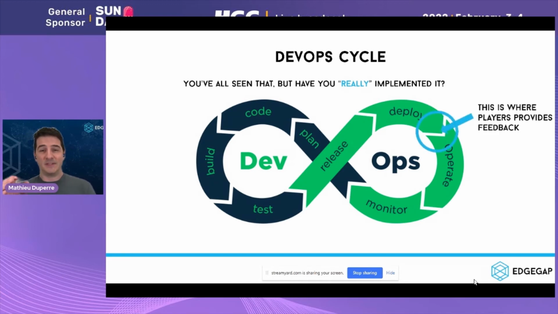Between the deployment and operation is typically where you're going to get the most useful feedback from the players. This is where they're going to tell you, not necessarily with words, just by how they behave in the game. This is where you're going to see, all right, I'm losing a lot of my players at this point in time. Maybe because my mechanic is too slow. Maybe they don't like a certain aspect of the game and so on. This is where you get the most useful feedback.